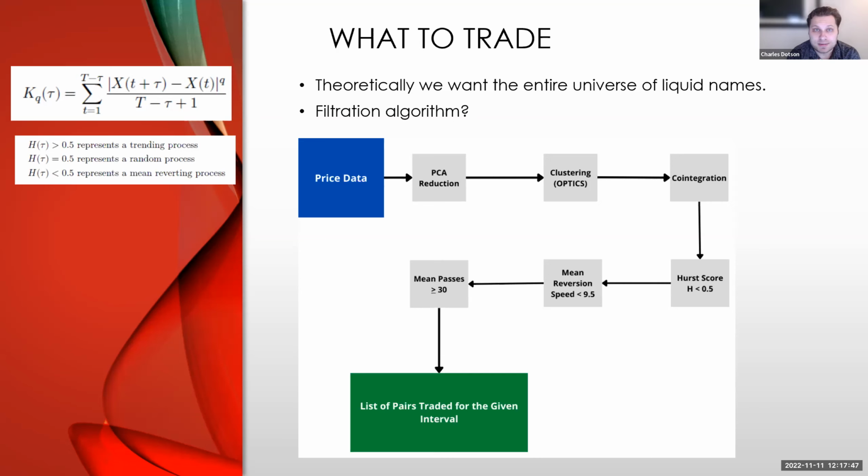Now, a PCA reduction just collapses a certain matrix of data into where we're not losing a certain amount of variance, right? Most people say 80%, some people may even say 70%, but essentially we want to keep the same amount of variance, but shrink it down dimensionally. And then from there,